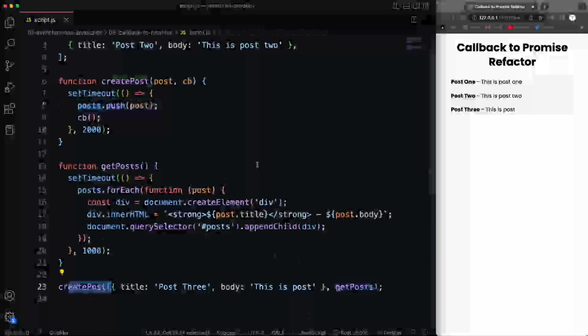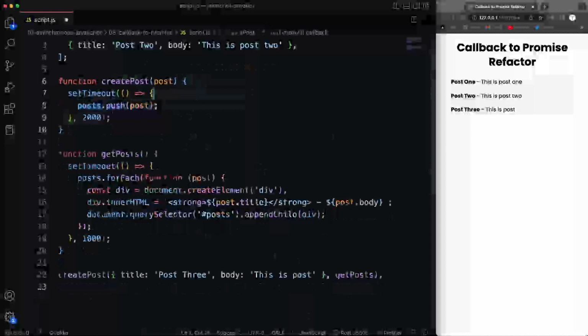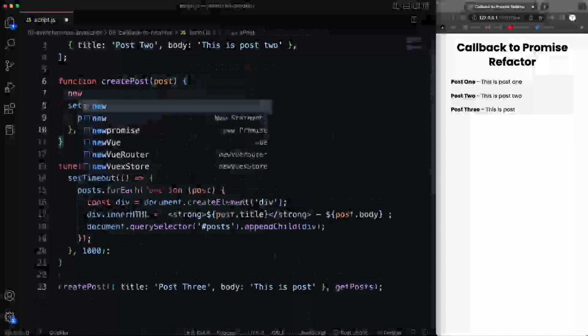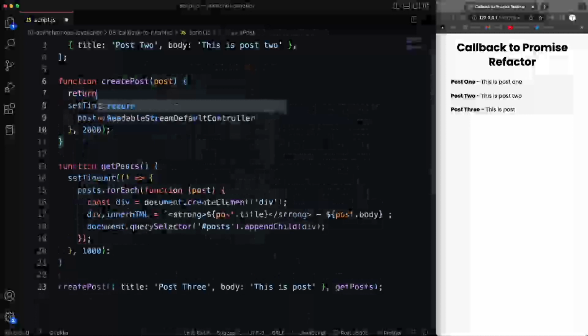Now, this uses callbacks, but what I want to do is refactor create post to use a promise instead of having to use a callback. All right, so first step is to get rid of that CB. We don't need that, and we don't need to call it right here. So what I'm going to do is wrap everything in a promise. So I want to return a promise. So I'm going to say return new